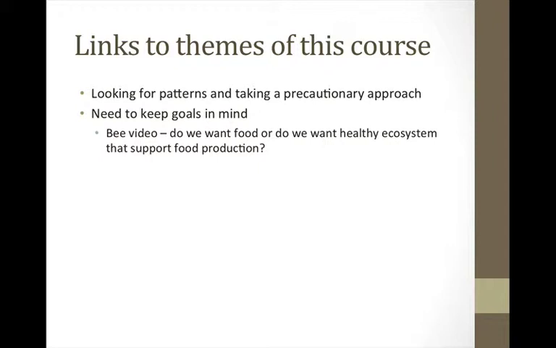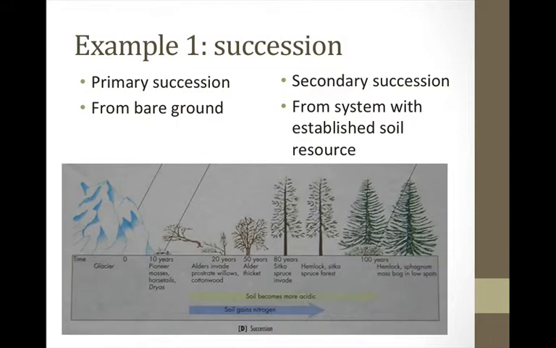In this case, that's where we get down to this question about resilience. If you put all your eggs in one basket, so to speak, and something goes wrong, you're in big trouble. That's again one of the values of looking at complex ecosystems and trying to manage them for resilience. I'm going to do two examples very quickly on what we know about these complex systems and ecosystems, and what that means for management. First, let's talk about succession.